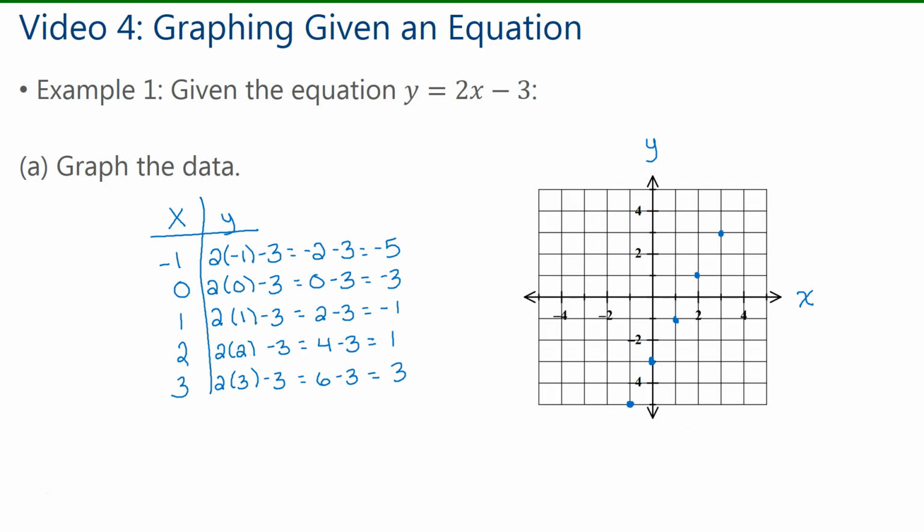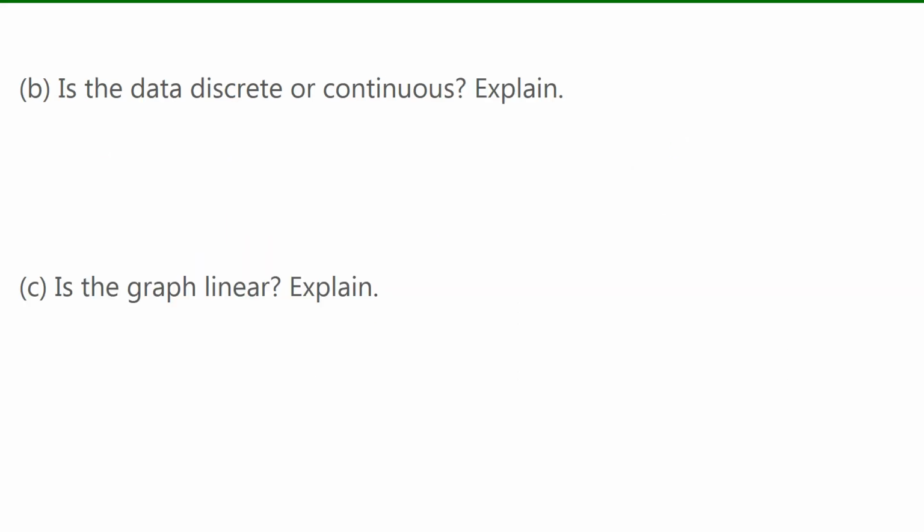Now let's just look at the next question for a second. It asks if the data is discrete or continuous. This is of course important. So I need to know if I'm going to leave the points as they are or if I need to join them up. Now we learned previously that if you have an equation and you don't have any sort of situation or context given, then we always assume that it is continuous. So I'm going to say that this is continuous